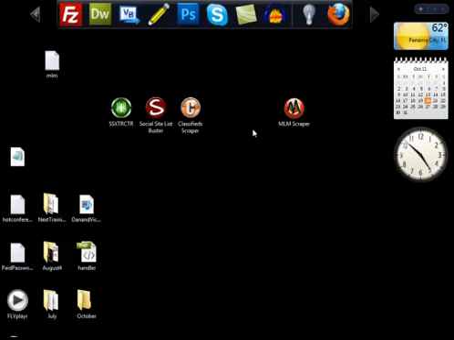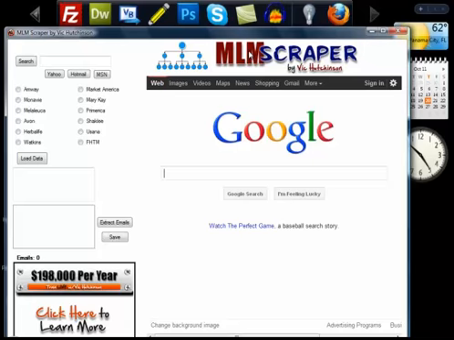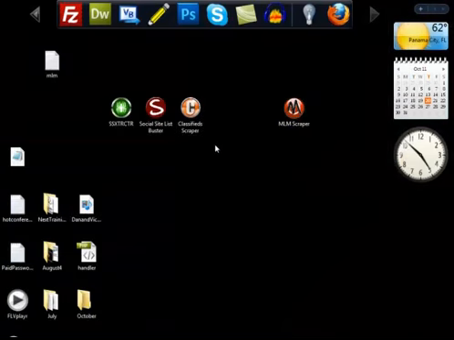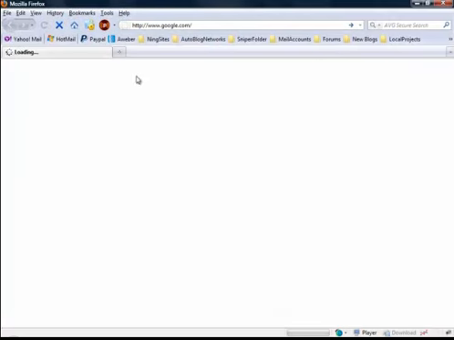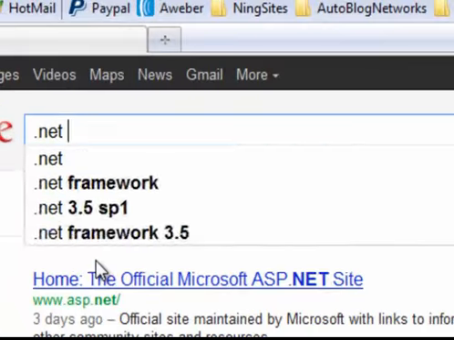Oh, let me cover this real quick too, guys. If you have Windows XP or Windows Vista or something, and for some reason the software does not work, in other words, if you click on it, guys, and this Google search engine does not come up right here, it just stays blank, or if it times out or whatever, you've got to download the latest .NET Framework version 4, guys. Here's what you need to do. All you've got to do is just go to the internet, guys, and I prefer Google, so if you use the Google search engine, just type right here, put a period, put .NET Framework